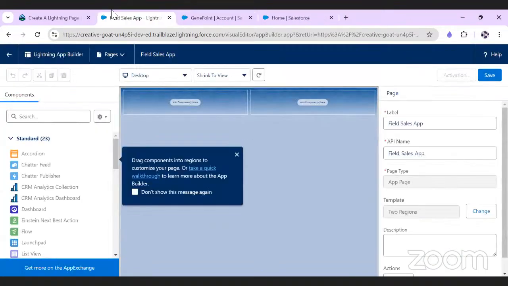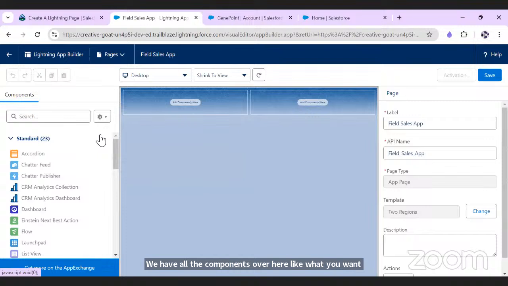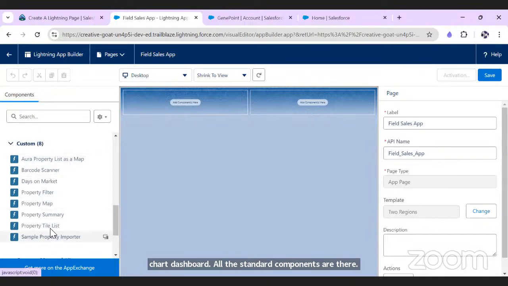I'm just going ahead now. We have all the components over here, like what you want to add to your page. Do you want to add a list? Do you want to add a text box, the chart, dashboard? All the standard components are there. Even the custom ones are also there, which come with